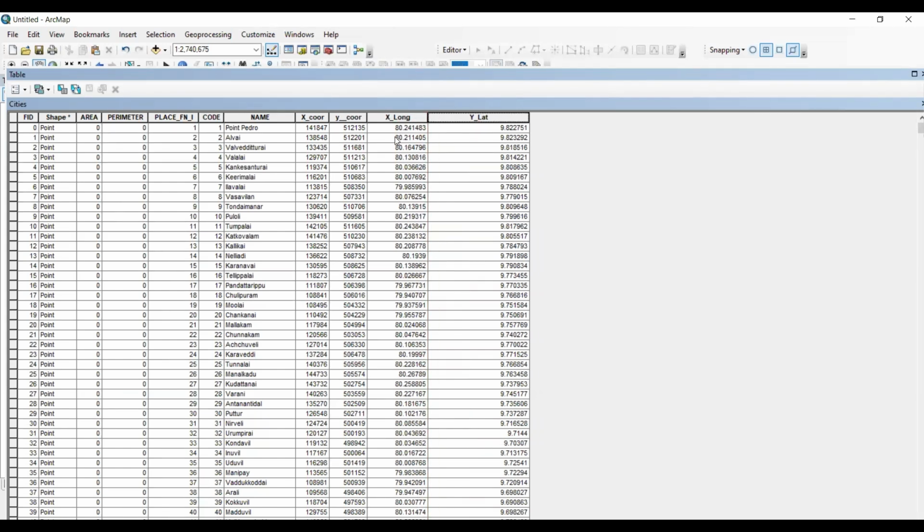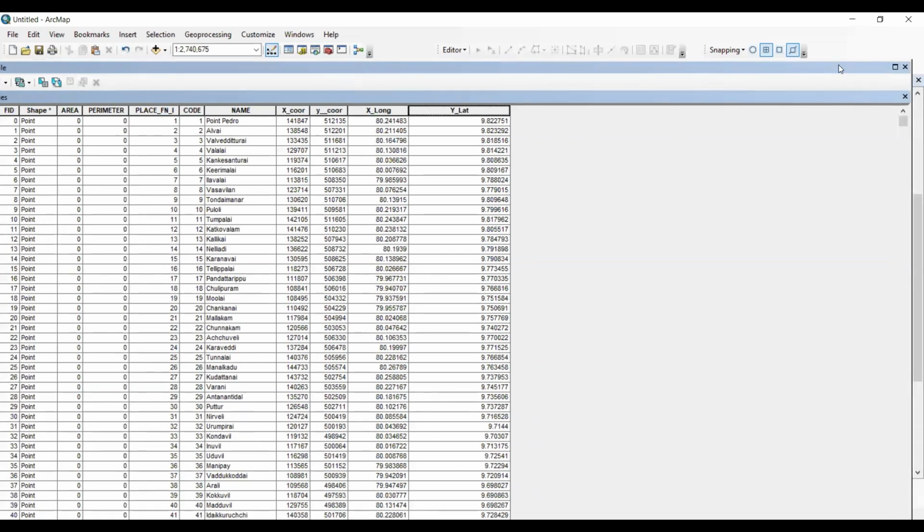So this is the 80 degree. So 80.24. This point is 80.24, so 80 degrees from the Greenwich. Then the lateral latitudes, the y-axis is the latitudes, that is 9 degrees from the equator,